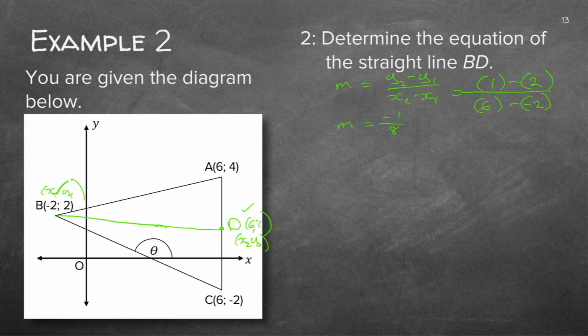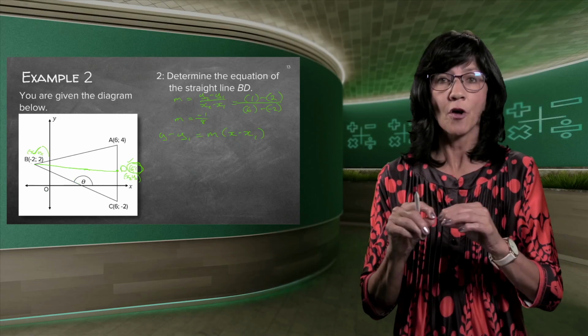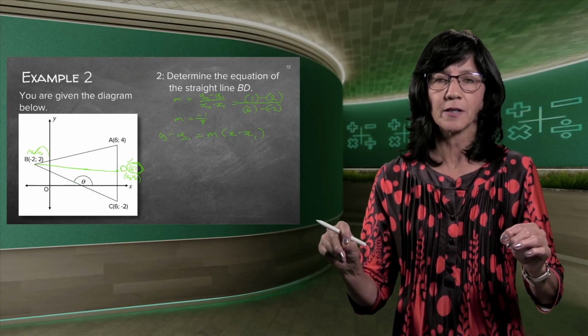If I've got my gradient and a point, or more than one point, I can always do that long, nice formula that will give me the answer straight away. Now let me just give you another hint. You agree with me, this point here, the 6 and 1, is the easiest one to use because there's no minuses in it. This one here has got a minus. The B has got a minus in it. Remember, you must pick a point that falls on the line that they're asking you to find the equation of.